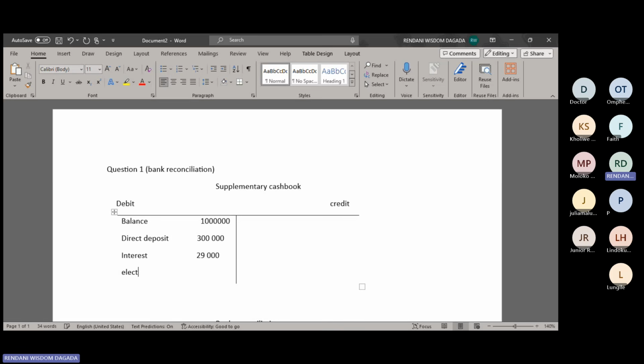So we're going to say electronic transfer of how much? How much was the electronic transfer? The electronic transfer was 1,000. There we go. That's why that 1,000 comes there. And then number 6 says an EFT trust payment for 98,609 made by you in payment of a client's account appears on the bank statement but is not shown in